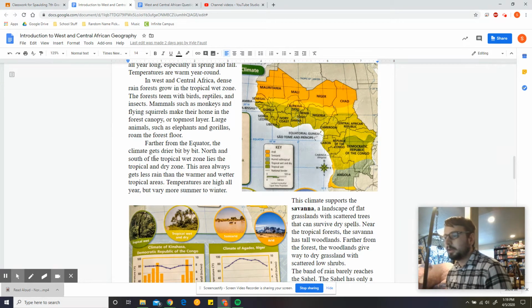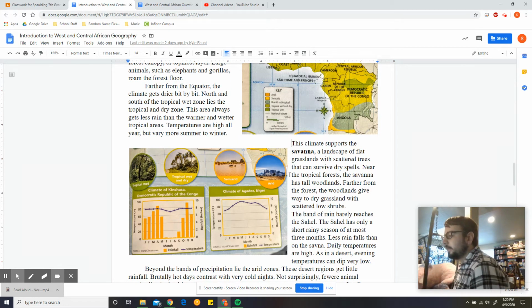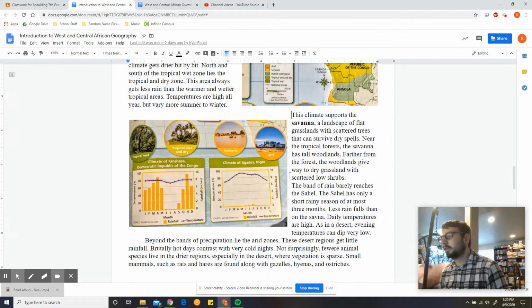Farther from the equator, the climate gets drier bit by bit. North and south of the tropical wet zone lies the tropical wet and dry zone. This area always gets less rain than the warmer and wetter tropical areas. Temperatures are high all year, but vary more from summer to winter. This climate supports the savanna, a landscape of flat grasslands with scattered trees that can survive dry spells. Near the tropical forest, the savanna has tall woodlands. Farther from the forest, the woodlands give way to dry grassland